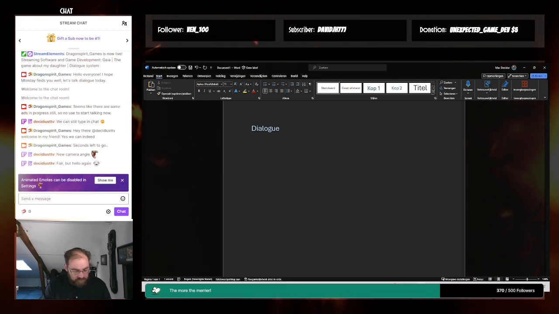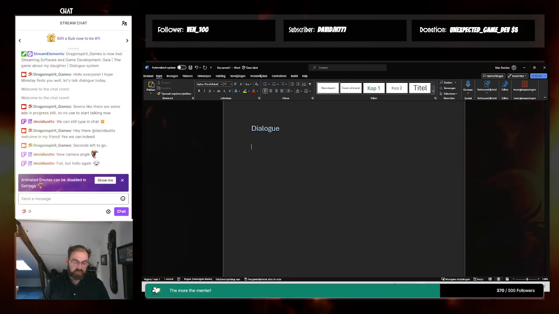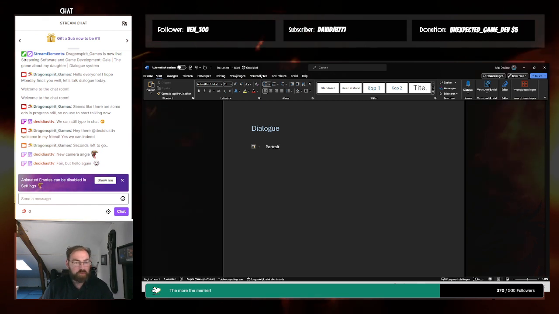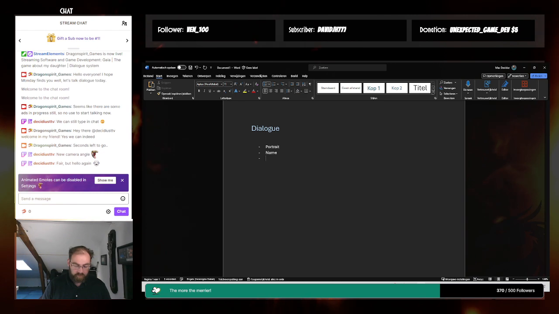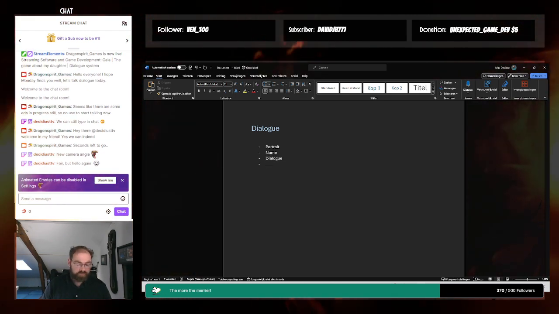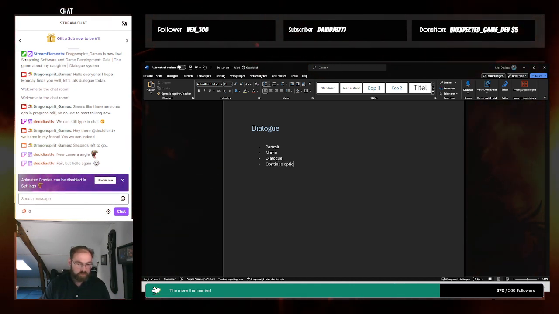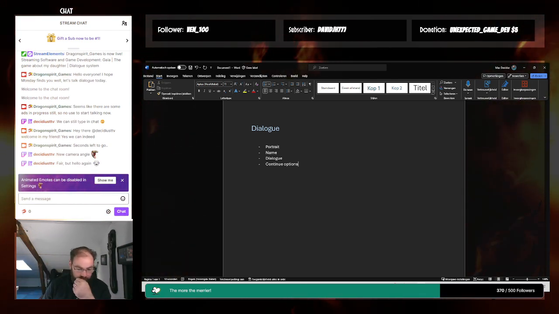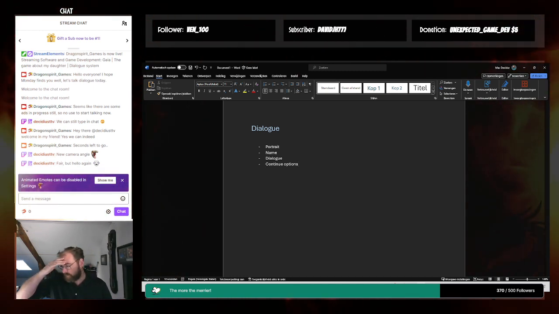So the thing with this dialogue system, obviously, is that I want it to be extensible. What I will need at least is a portrait, because I want to show the person who's talking. I need a name for the person who's talking, and then the actual dialogue, right? Also, you would have to have continue buttons or continue options, just to make sure that that's extensible. And then, this is more like the accessibility part,